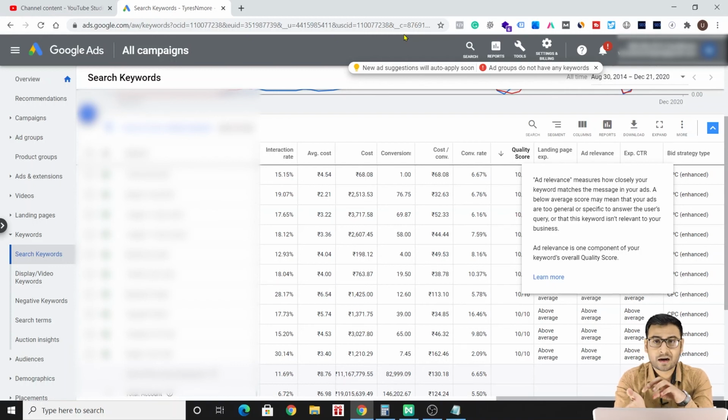If your CTR earlier was good, or if your account structure or ad group structure was good earlier, then there are high chances that your expected CTR will also be good, right? So if your expected CTR is good, your ad relevancy is good, and your landing page experience is good, that will constitute a very important part of your quality score.